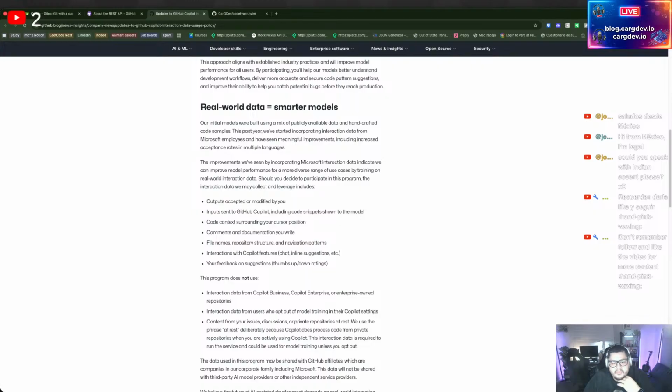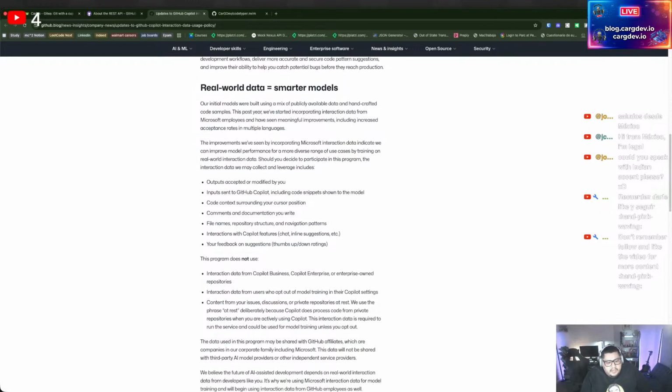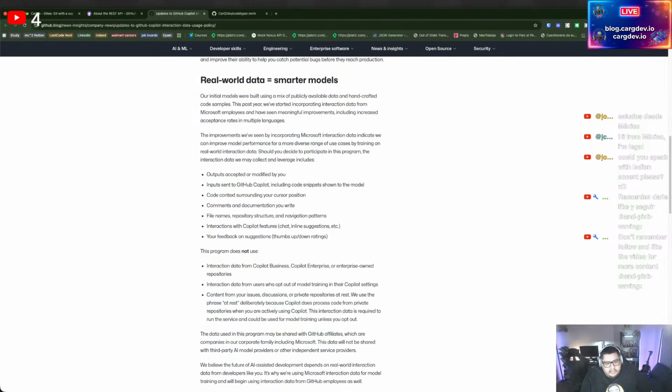performance for a more diverse range of use cases by training on real world interaction data. And they continue: outputs accepted or modified by you, inputs sent to GitHub Copilot, including code snippets shown to the model. So basically, they're going to save everything. Even for my